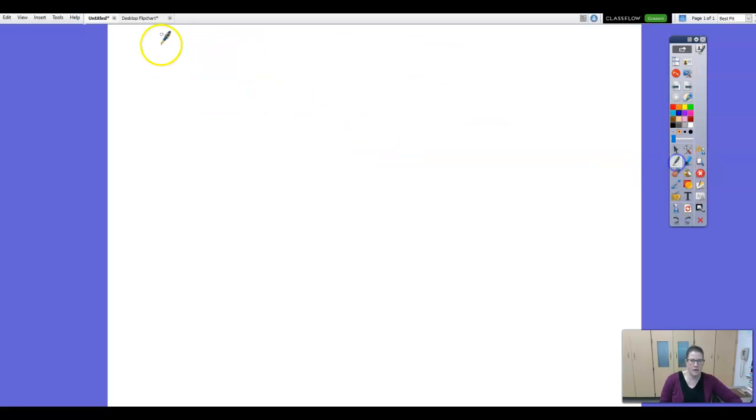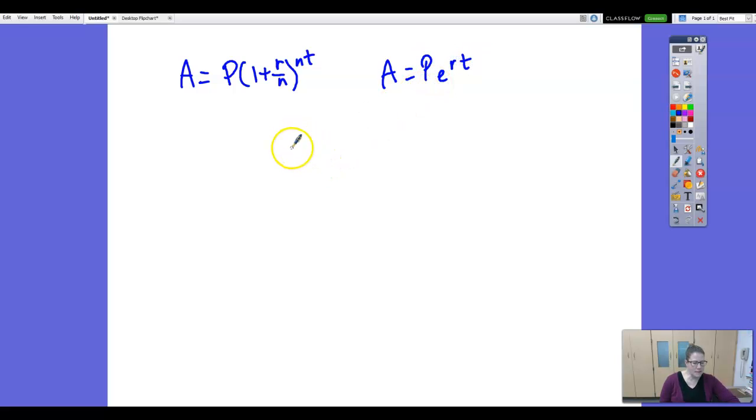So again, let's write down our formulas. So we have A equals P times (1 plus r over n) to the nt. And then we have A equals P e^(rt). So let's say we have,